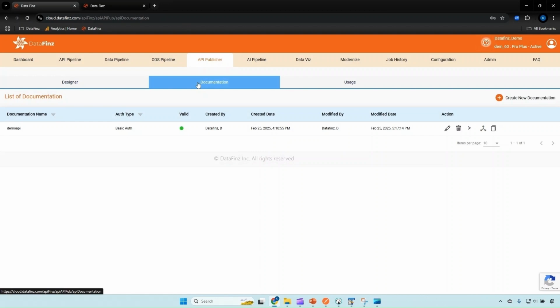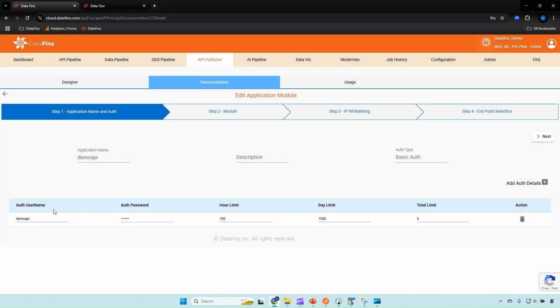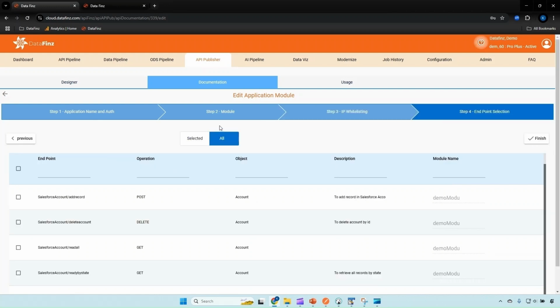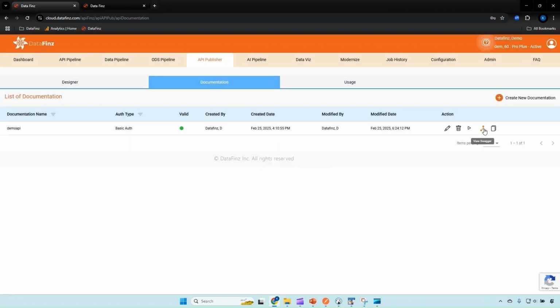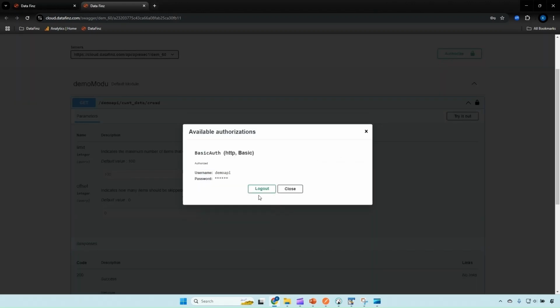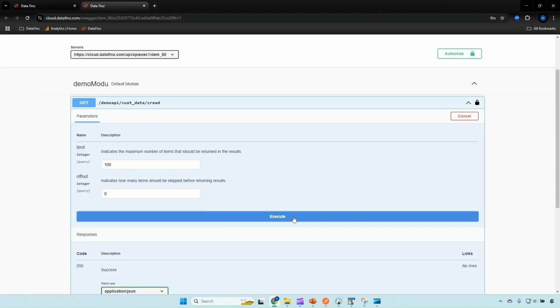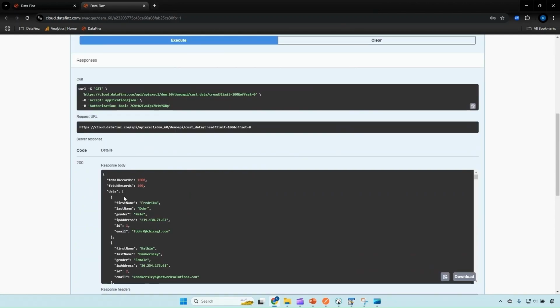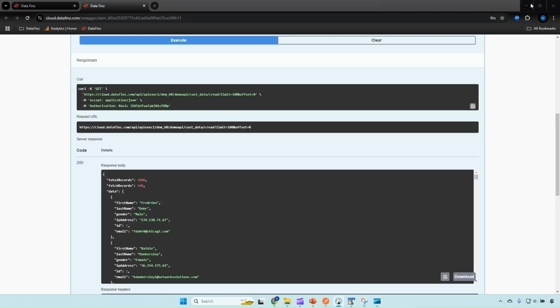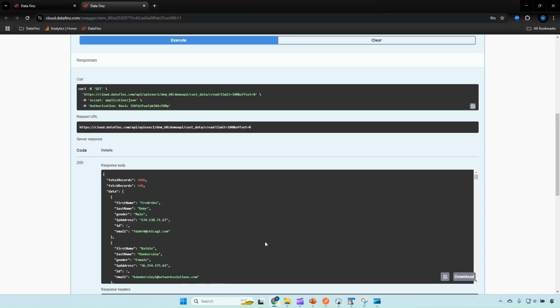The user navigates to the API Publisher, selects the documentation option, and provides the application name, authentication type, module name, and optional IP address before selecting the appropriate endpoint. Finally, the user can view API details in Swagger by clicking Authorize, entering credentials, and logging in. Upon execution, the user gains direct access to the table data, demonstrating just how simple and powerful DataFinz no-code API